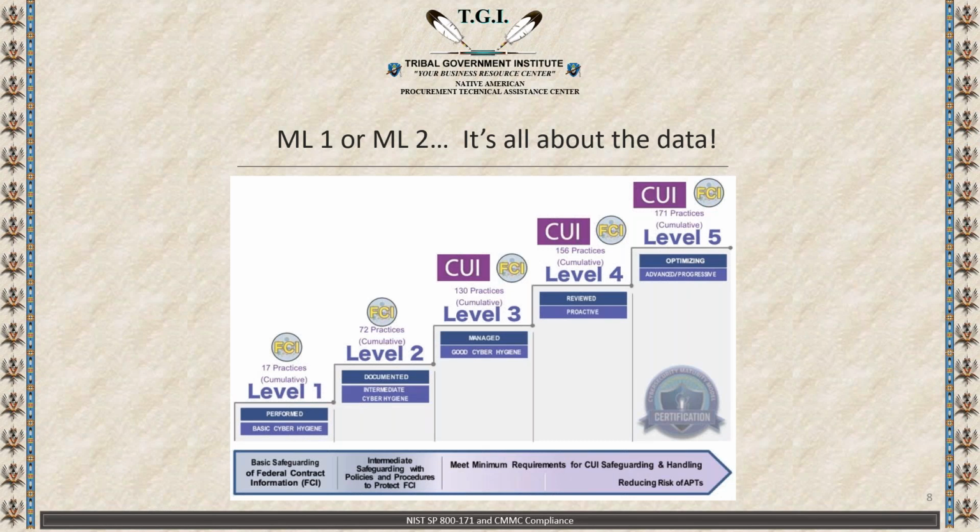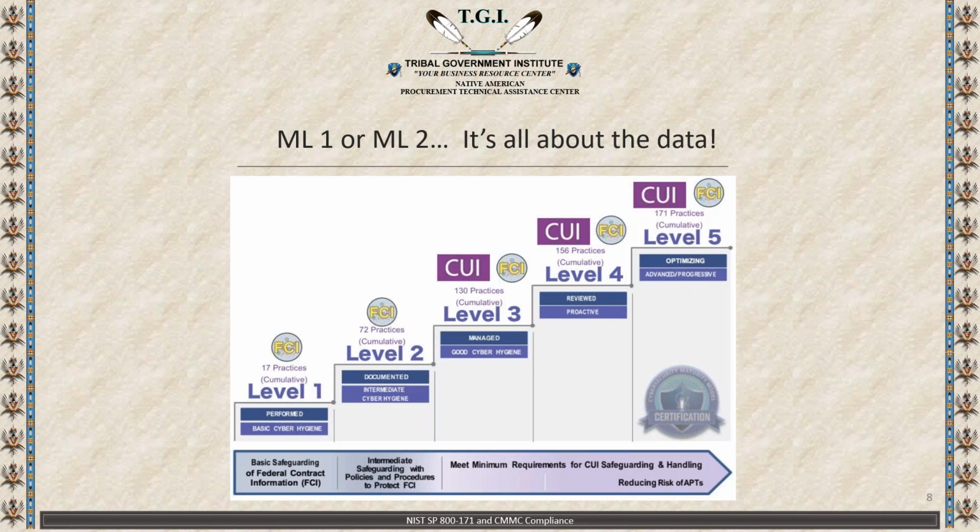The third document is the System Security Plan, or SSP. So maybe you're under DFARS 7012 and maybe you aren't, but if you are performing on DoD contracts, you will have to be CMMC compliant. If you are not under the DFARS 7012 requirement right now, but you expect a process or product that you supply to the government would require you to exchange information with the government that the government does not want to be public knowledge, you will, at the very least, need to be CMMC level 1 certified.